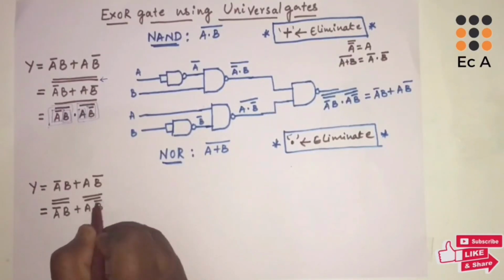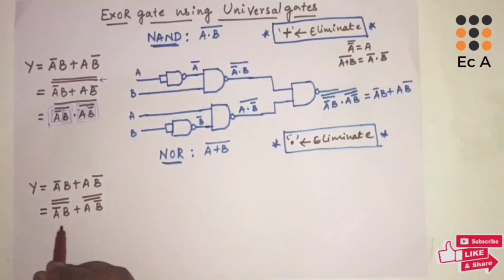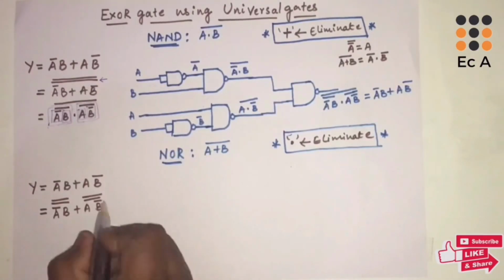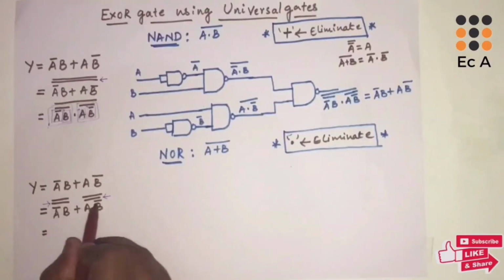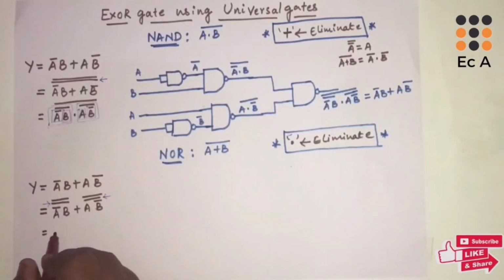So this will not change the given expression. Now let us simplify this. We'll simplify only the inner bar and retain the outer bar as it is. If we simplify the inner bar using De Morgan's theorem, it is A double bar plus B bar whole bar